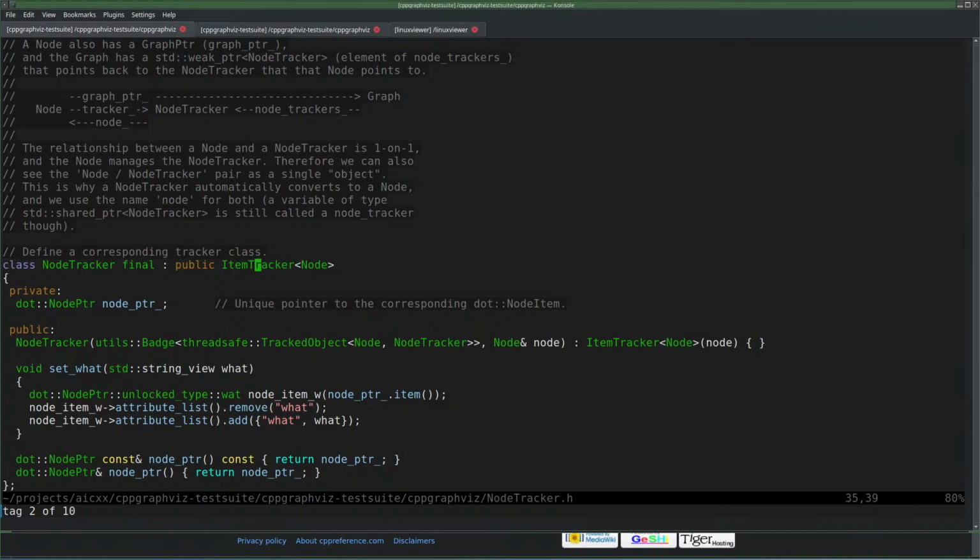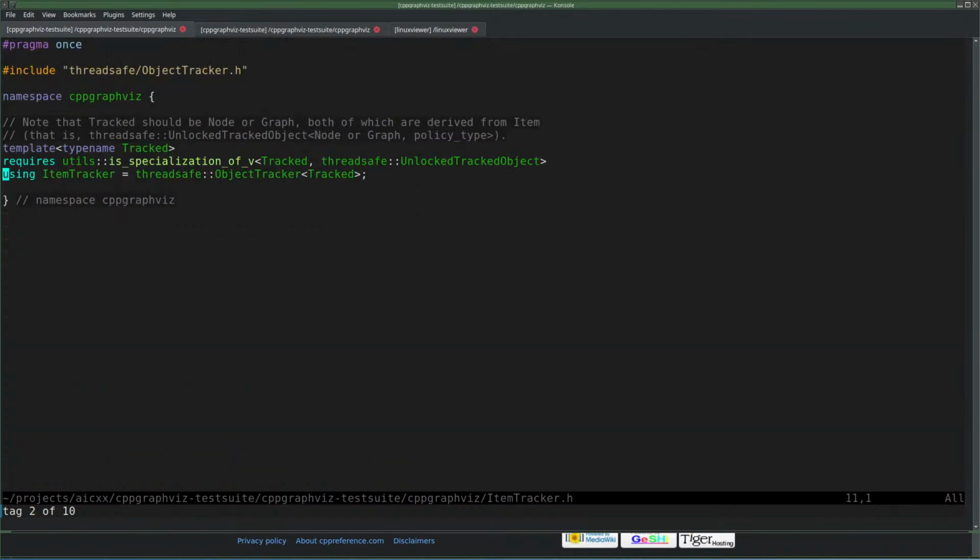And it is derived from item tracker, which is derived from ObjectTracker and not being passed 3 arguments. Plus it tests if tracked is a specialization of, which is nonsense. It must be at the very least